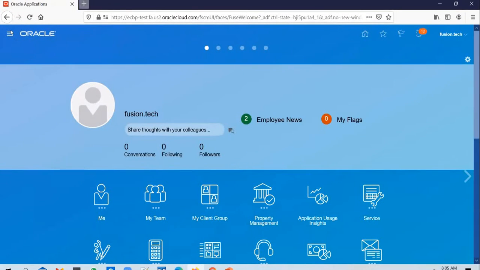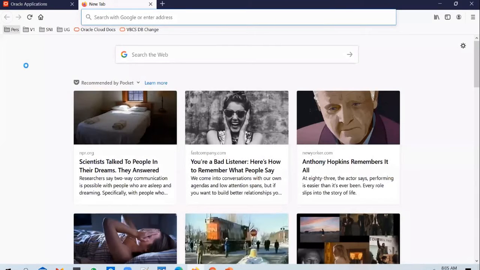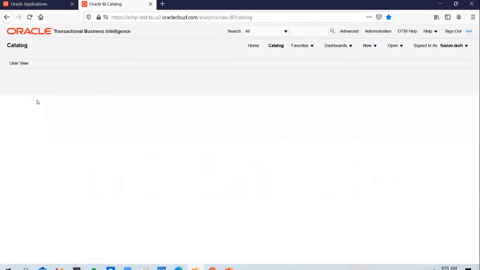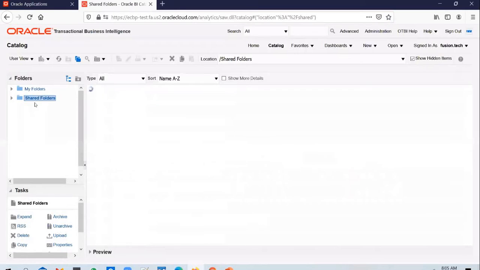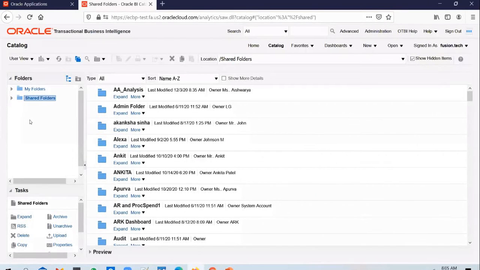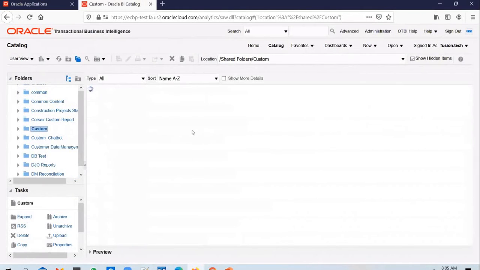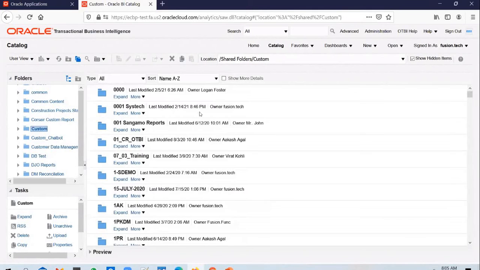And I will go into the reports and analytics work area of this instance, ECBP test. And say in the shared folders, you go to the custom folder, and in the custom folder, you would have a folder created here, right? So you would have probably a finance folder created, and inside that you need to upload the report.